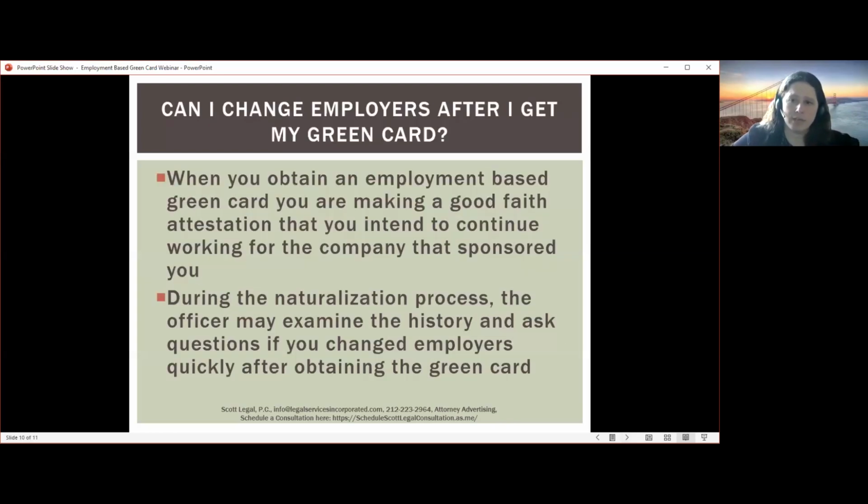Can I change employers after I get my green card? I think again, because it's a very long process, a very long runway where you're working with one employer. Many people want to know, if I get a better job offer after I get my green card, can I